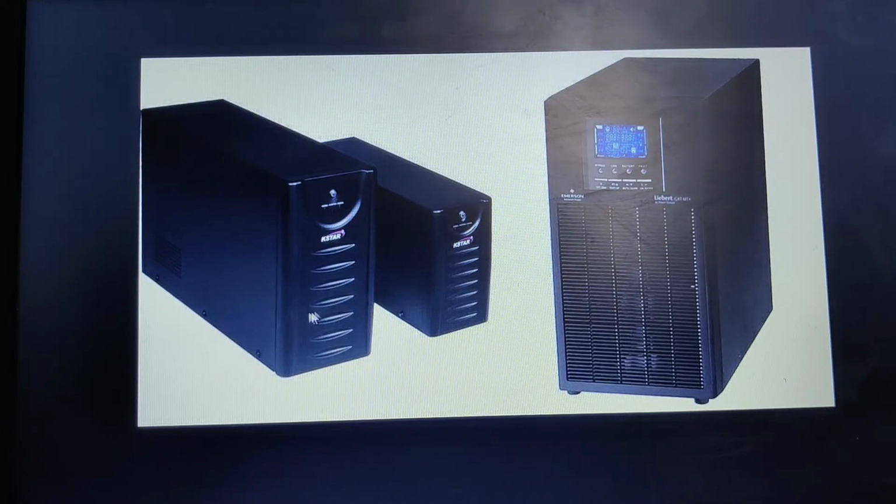Meanwhile, this UPS will be continuously monitoring whether the power supply is there or not. Once it detects that there is no power supply, it automatically switches to battery power. Then the electricity stored in the battery of this offline UPS starts providing the power supply to the computer system.